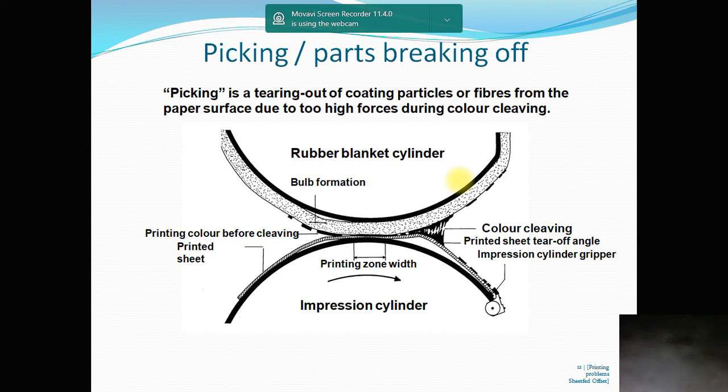Picking is the tearing out of coating particles or fibers from the paper surface due to too high forces during